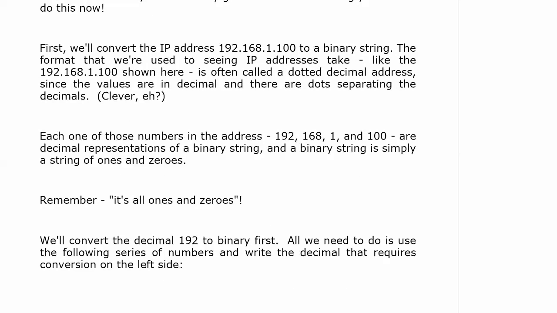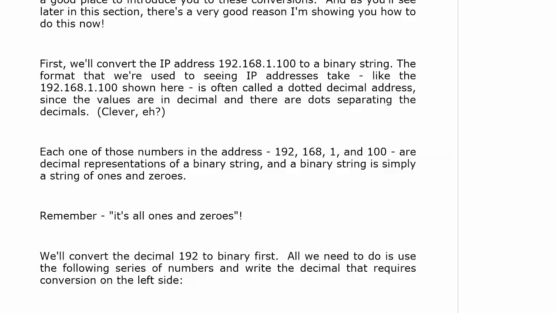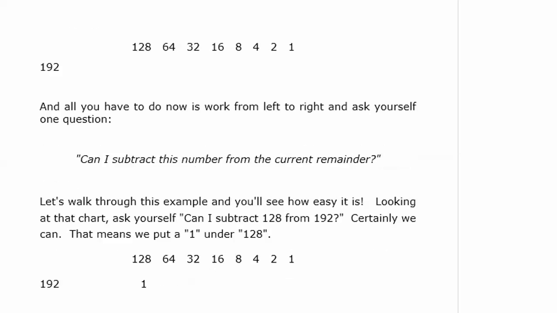Now we're going to convert the decimal 192 to binary first. If you're familiar with binary conversions, you've probably already done it in your head. If not, fantastic, because you soon will be. All you have to do is use the following series of numbers and write the decimal that requires conversion on the left side. This is exactly the way I do it, because when people used to get so nervous about